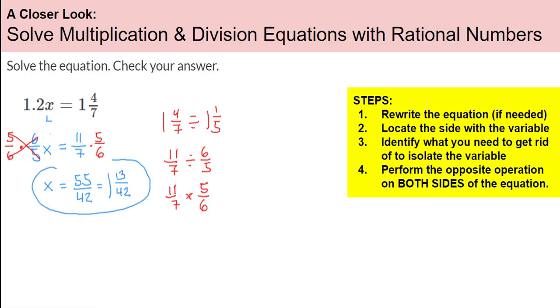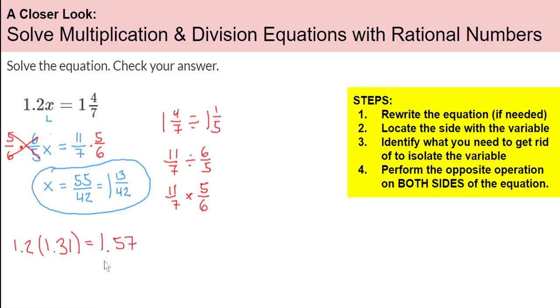Now, what we could do when we check, just like we did before, is keep it as a decimal, 1.2x. So instead of x, I'm going to put this as a decimal. This is like saying 1 and 13 over 42. So if I did 13 divided by 42, we'll get a little bit, 0.3, and if I rounded it, 1.31. I rounded it up, so this is just an approximate, and it will equal 1 and 4/7. Well, what is 4 divided by 7? So we've got to change that,